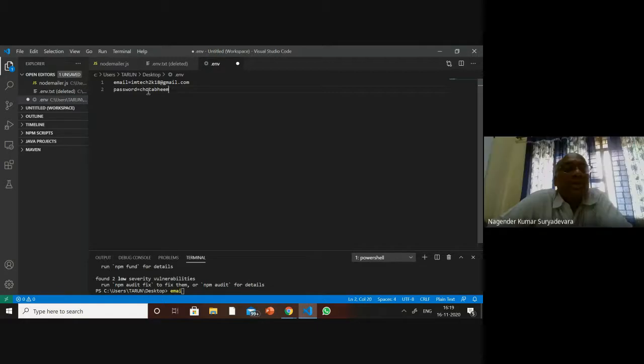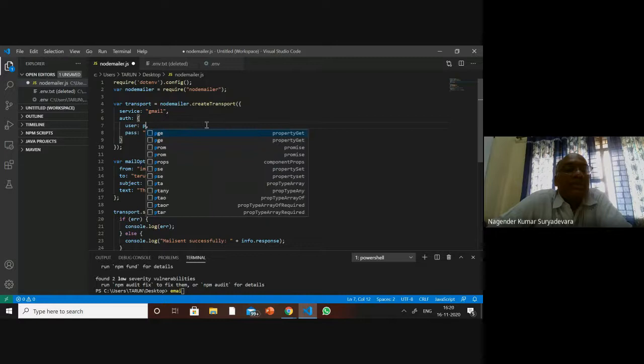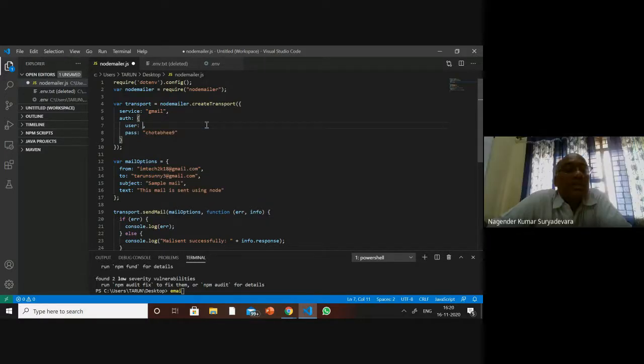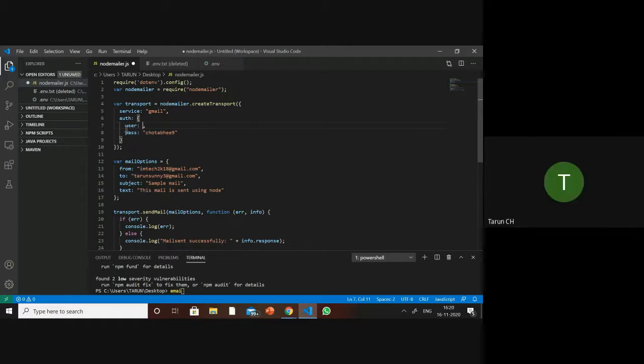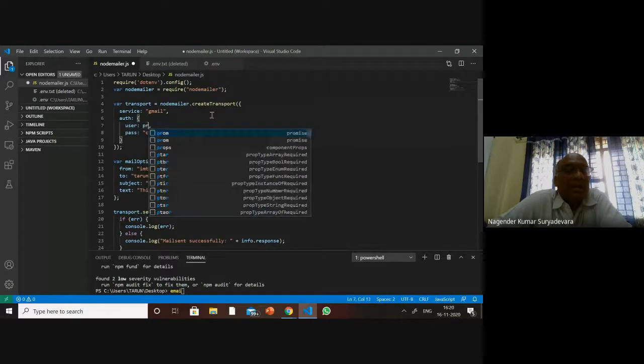Okay, now this is a hidden configuration file. The users will not be able to view this one. Now you save this one. Come here. Now you just replace that user with your email. You keep the comma there, as it is in JSON format. Username is email. The variable that you use over there is email. Type it there directly.